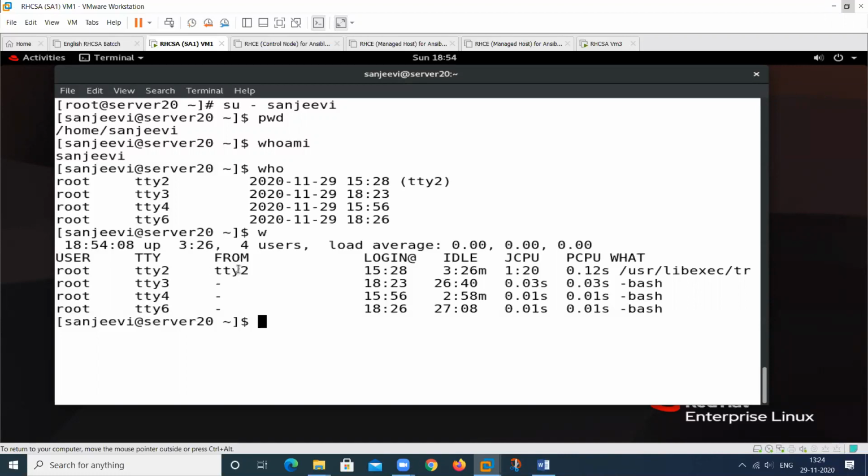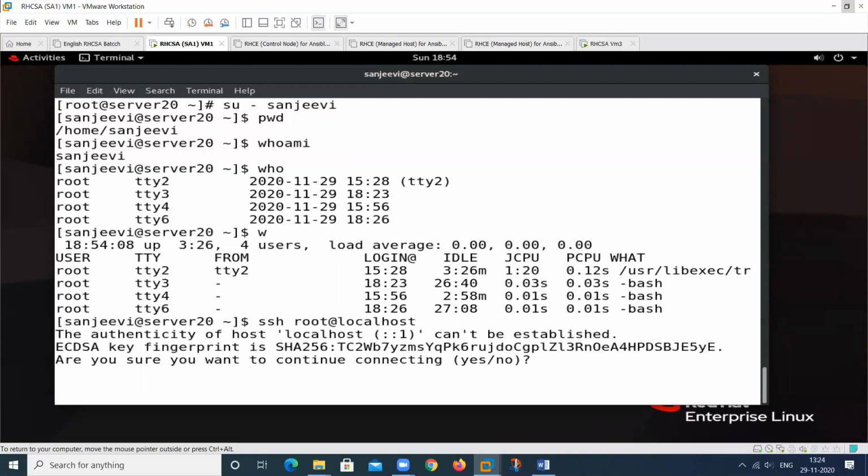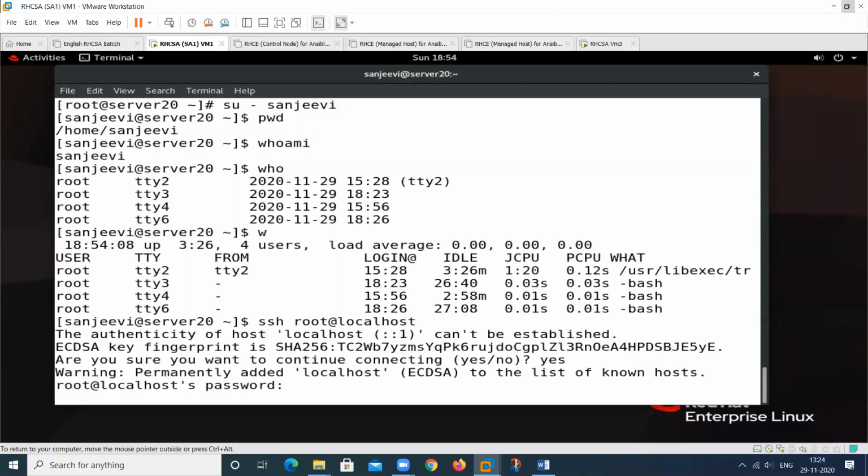It can be an SSH program, FTP program, any program. So this will show the information like this. Suppose we are using SSH and log in to this particular user on my local machine, localhost, then type just yes, then password.